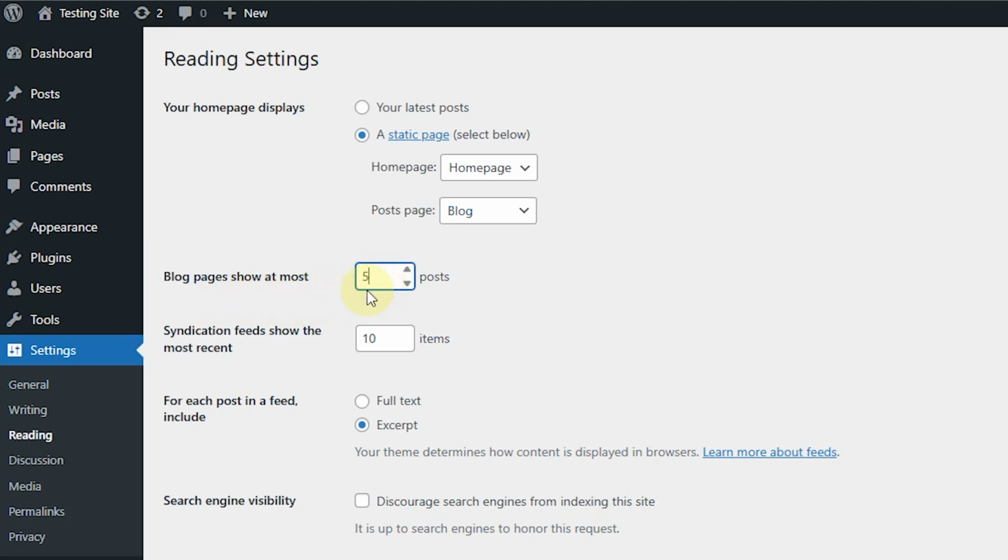Keeping it at 5. Another thing to think about is whether you want to show the full text or just an excerpt. That's a preview. I recommend going with the preview option. That way your page stays clean and doesn't get messy. From this preview, the reader can get an idea what this blog is all about, and if they want to read it, then they can click on it and read the full text. WordPress automatically creates excerpts, but if you want to add your own, you can do that when creating a post. I have discussed it in my post video.